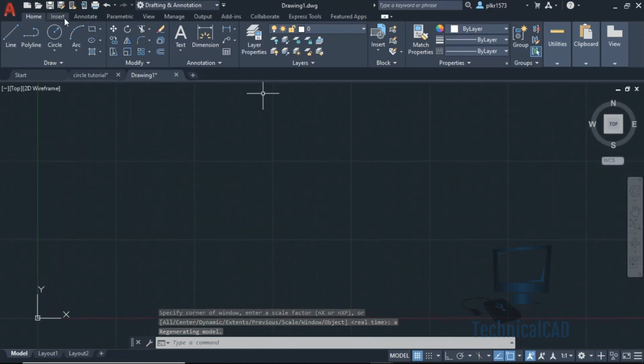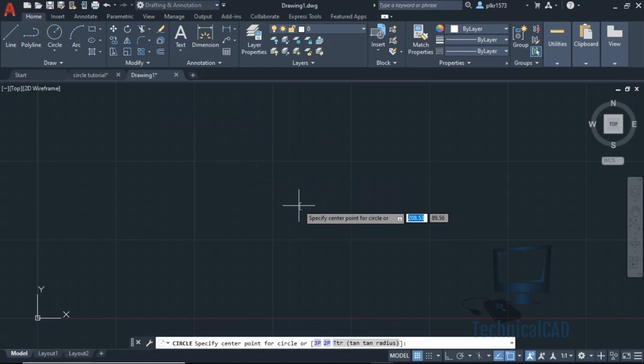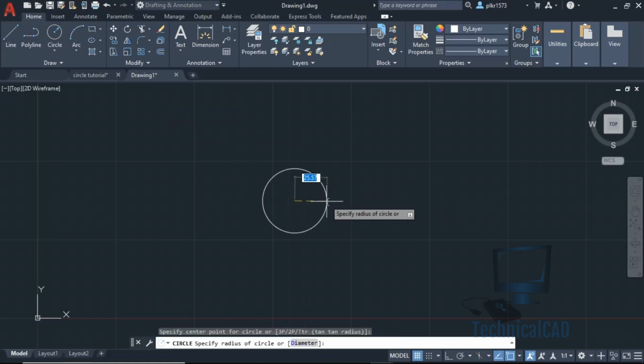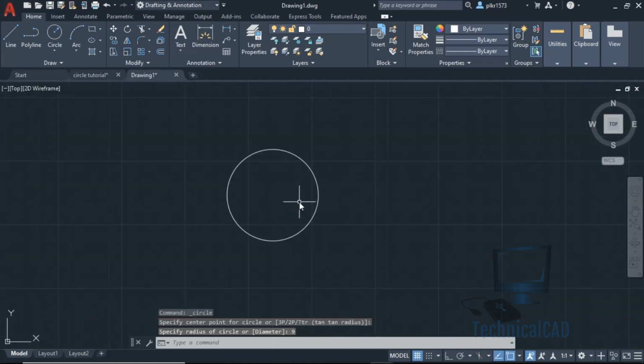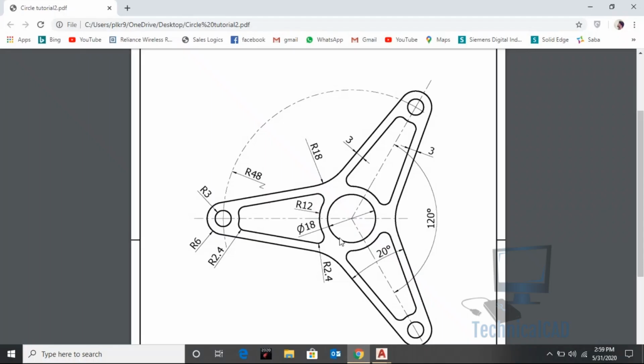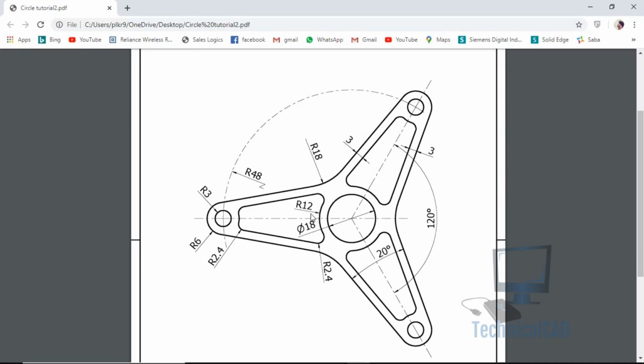Now I can draw. So go for circle. The first one is radius 9 mm. And what's next? Radius 12 mm.